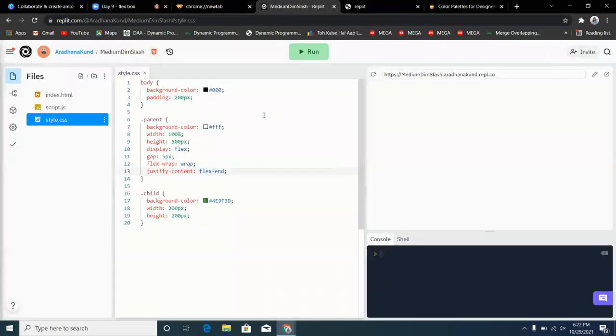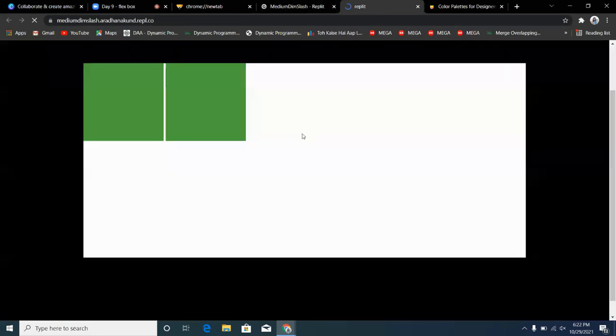But if you want to justify the contents from the end, that is from the right hand side, you can write justify-content flex-end. If I refresh it, you can see that all the contents are now arranged from the right hand side, from the opposite direction.